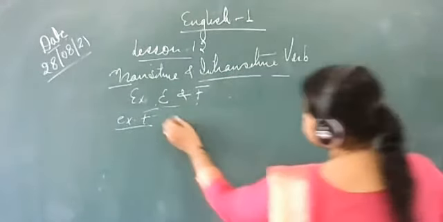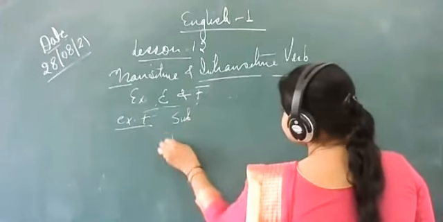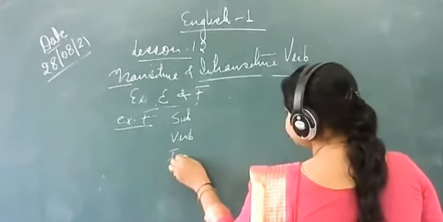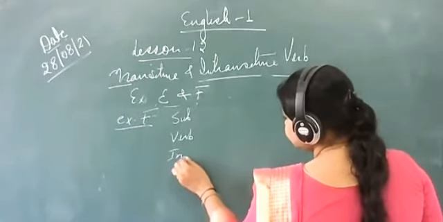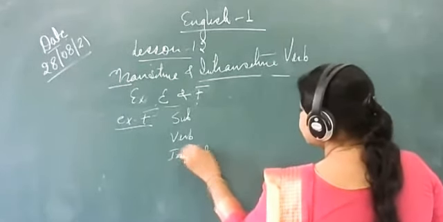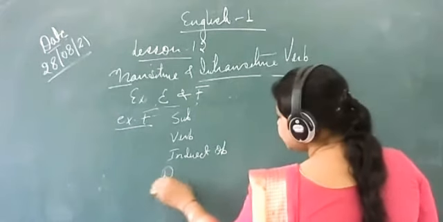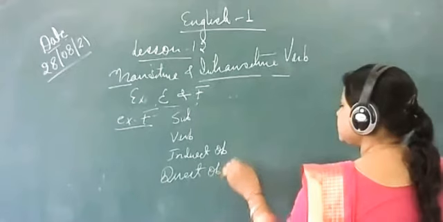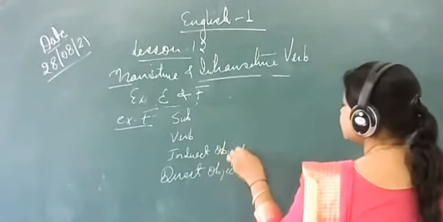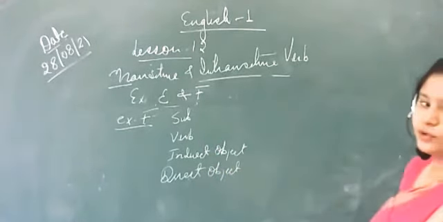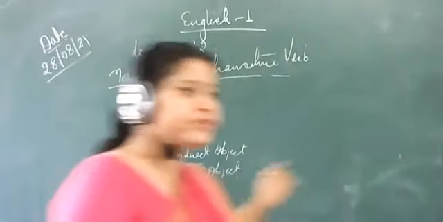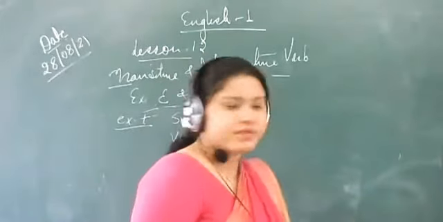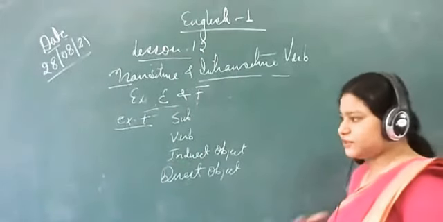That is, first is subject, verb, then after indirect object, and then direct object. Okay, so like that you will write. If you are going to write on a page, the same way you will write. Otherwise, you can just underline there and then write there S for subject, V for verb, like that. So it is very simple to identify.